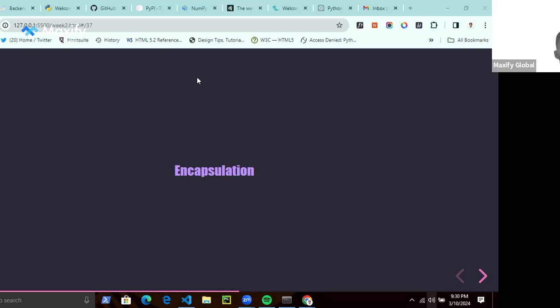So let's say I'm in the demo file. Let's say I create another module here. So I have this new Python file called app.py. I can just define a function.